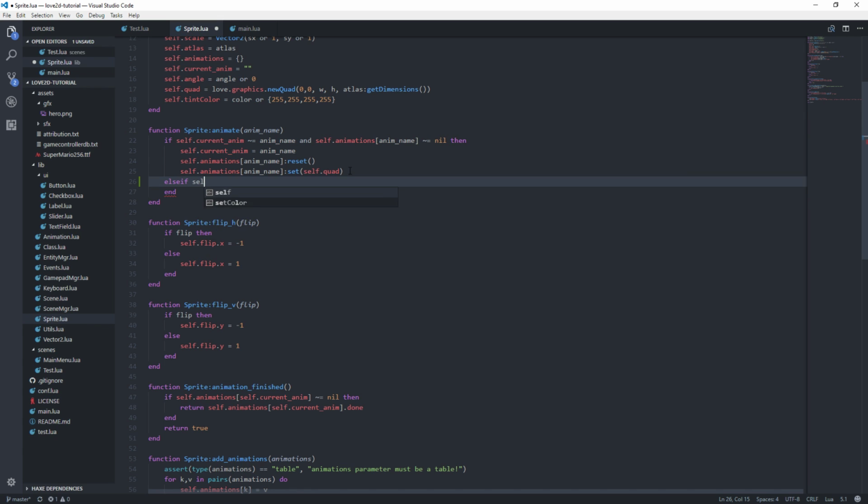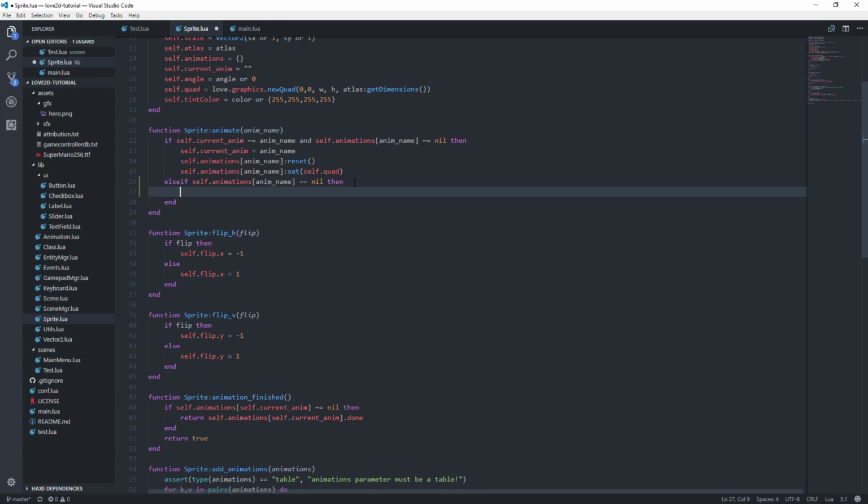self.animations, basically we want to take this whole thing, and instead of not equal to nil, we want to know is that not found? And if it's not, then let's just do an assertion, because that just works. So we'll assert false. We'll of course always assert, which is what we want, and we'll say that animation name